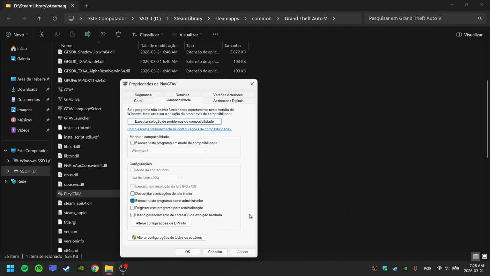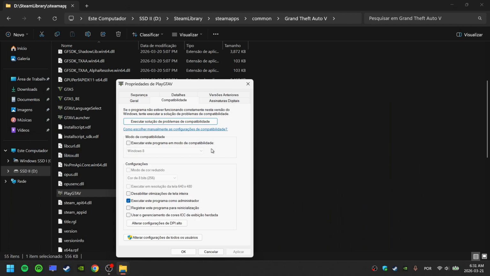Click Apply. In this specific case, make sure to not select the option to run this program in compatibility mode for this specific executable, because if you do choose, this will prevent your game from launching and cause an error message saying that Windows 7 is no longer supported. For this reason, do not use the option to run in compatibility mode for PlayGTAV 5, only for the GTA